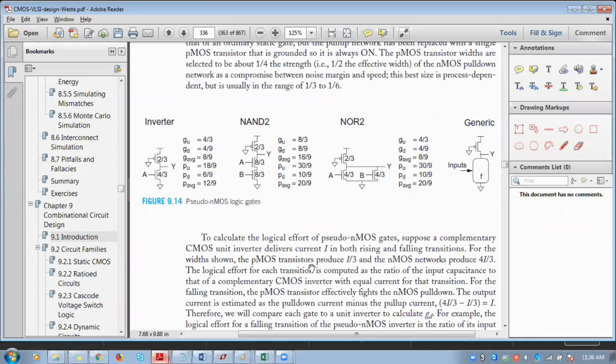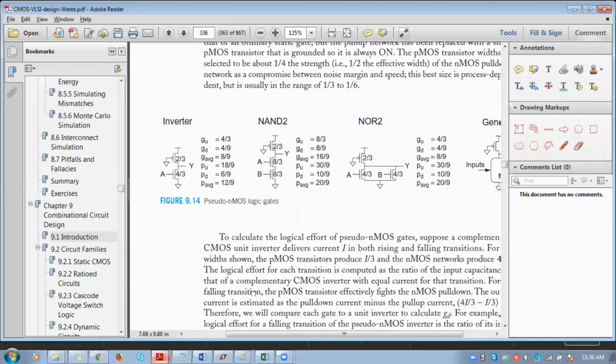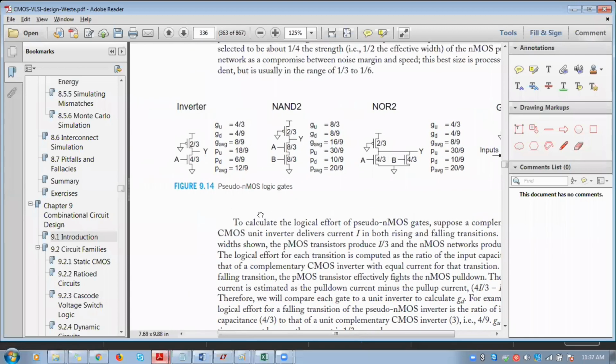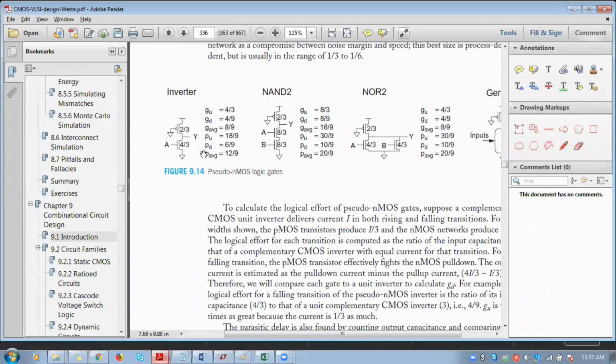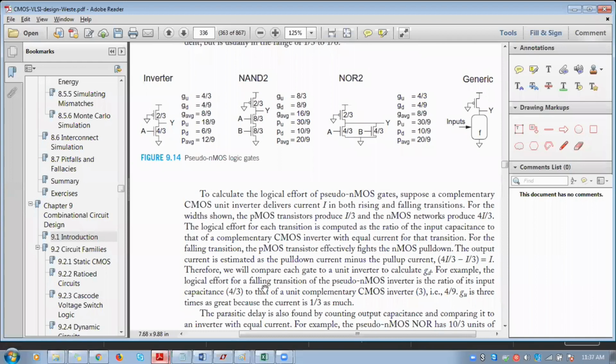A very important point about static CMOS is that its speed as well as its robustness is very good. That's why in most cases the static CMOS circuit is preferred. But most of the time we can't maintain the stability of the output due to many reasons. So that's why we move from one logic to another frequently.